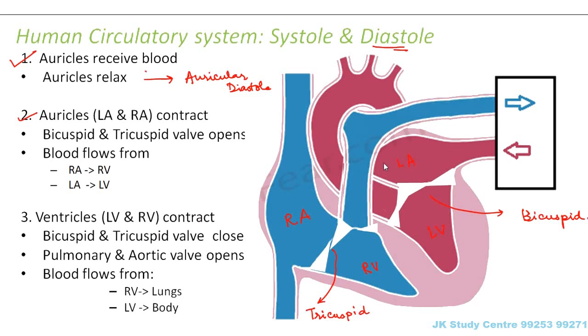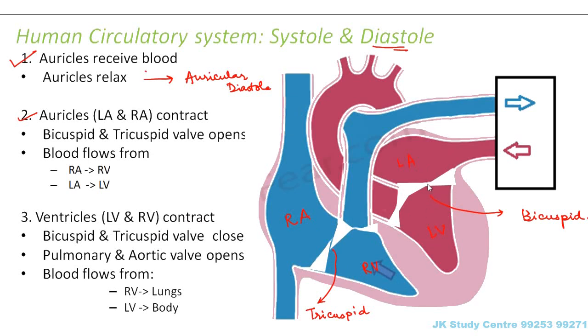So once both the auricles have received blood, what happens? The tricuspid valve and the bicuspid valve, these two valves open. Now what will happen if this valve opens? This blood will start flowing from the right auricle to the right ventricle, right? And after that, this valve will close. So the blood will remain in the right ventricle. Similarly, when this valve also opens, blood will flow from the left auricle to the left ventricle, and once the blood flows into the left ventricle,